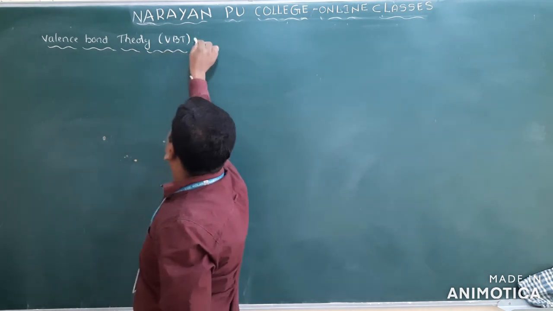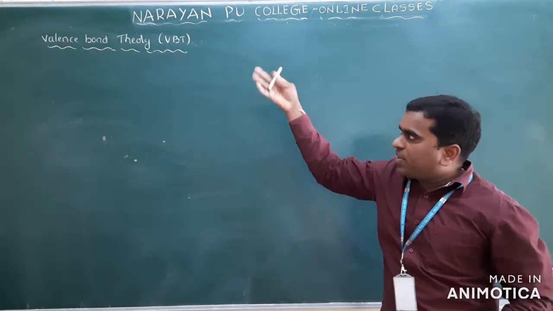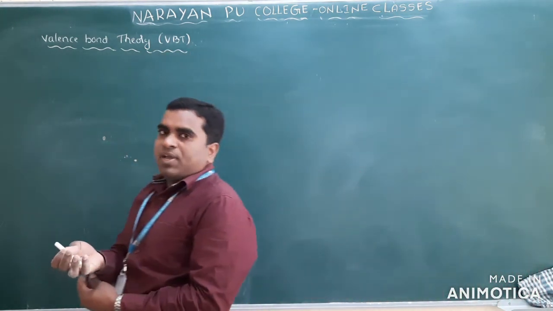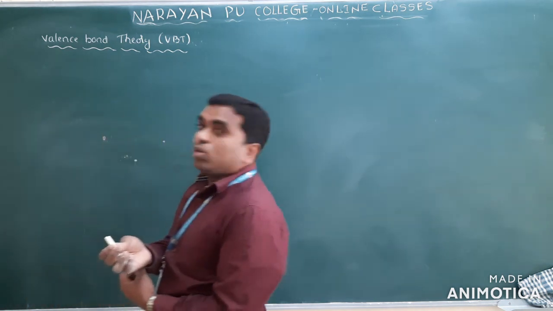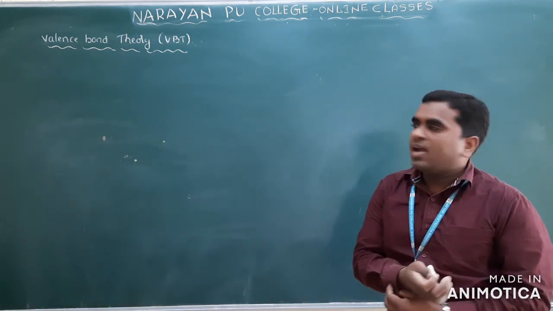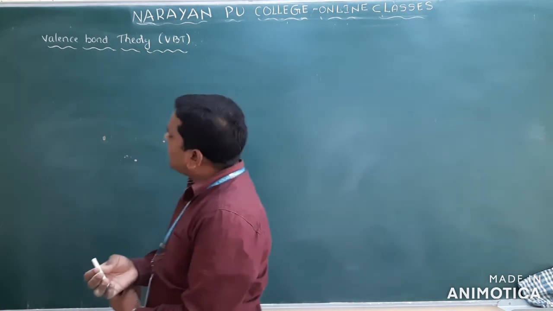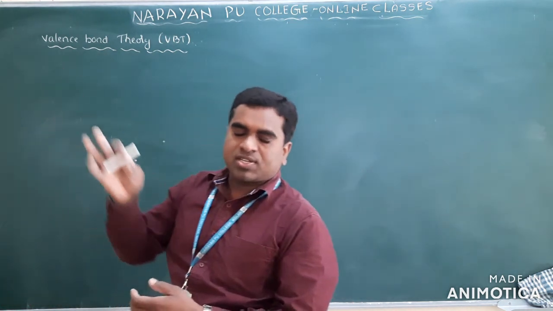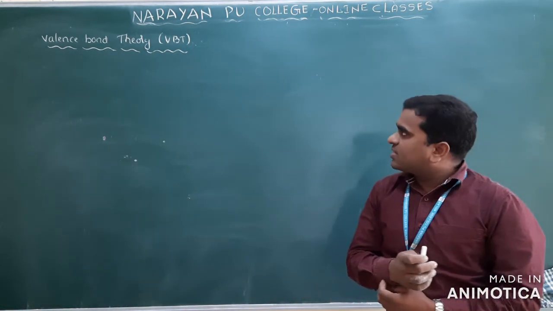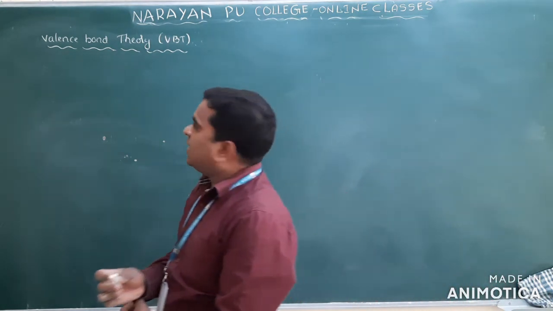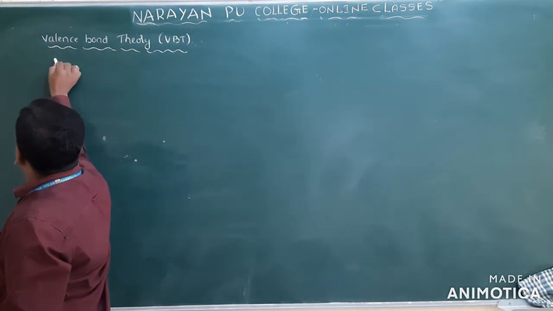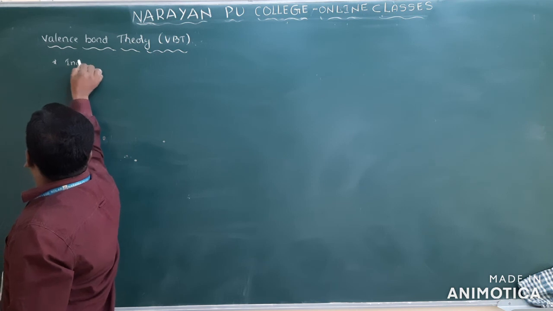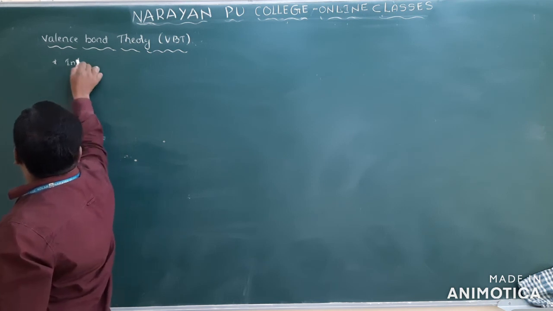To overcome the limitations of VSEPR theory, mainly two theories have been introduced. The first one is valence bond theory and the second one is molecular orbital theory, which we will discuss later. And this theory was introduced